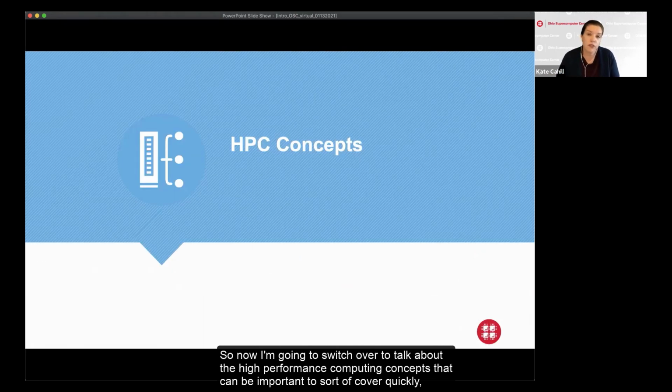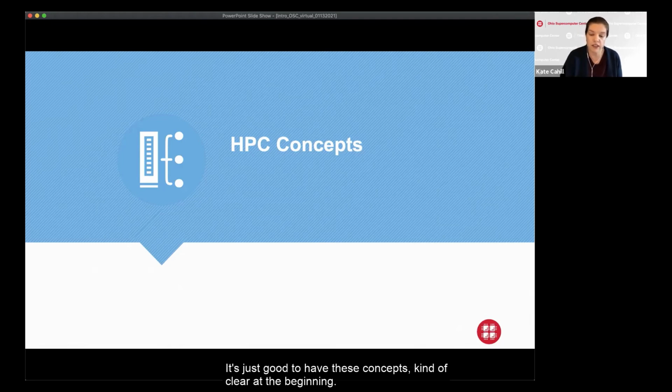And so now I'm going to switch over to talk about the high performance computing concepts that can be important to just sort of cover quickly, particularly for people who have never used a high performance computing resource before. It's just good to have these concepts kind of clear at the beginning.